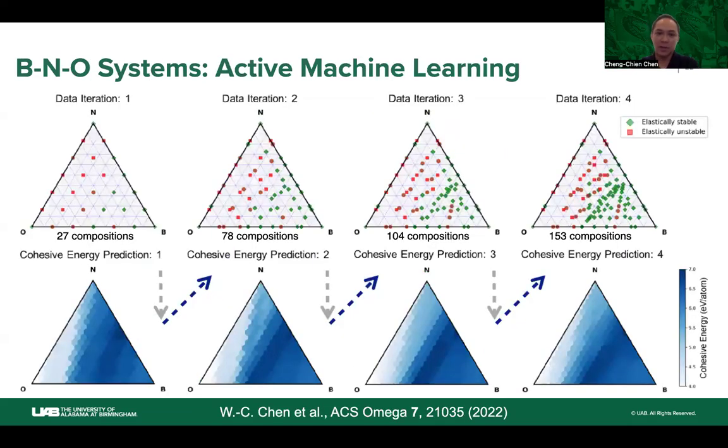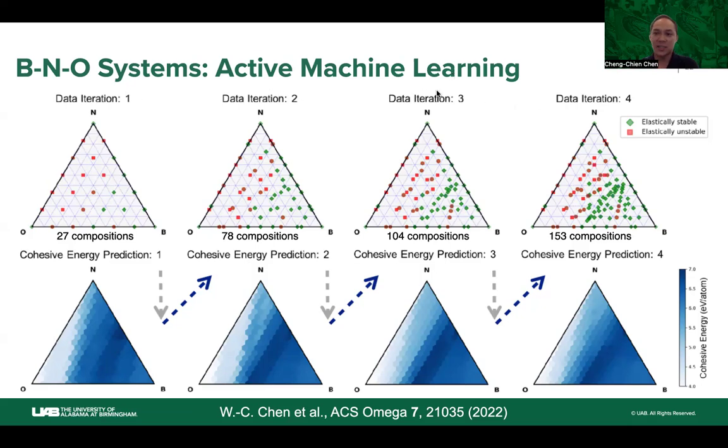After our success with BCN, we then want to proceed to discover new BNO compounds, which I expect to perform well under oxidizing environments. The challenge here is that in the literature, there are very few BNO materials. In fact, if we apply our general machine learning model to predict the hardness value of these systems, we get about a 50% error, so we have a large error. Therefore, we choose a different strategy, based on so-called active machine learning.